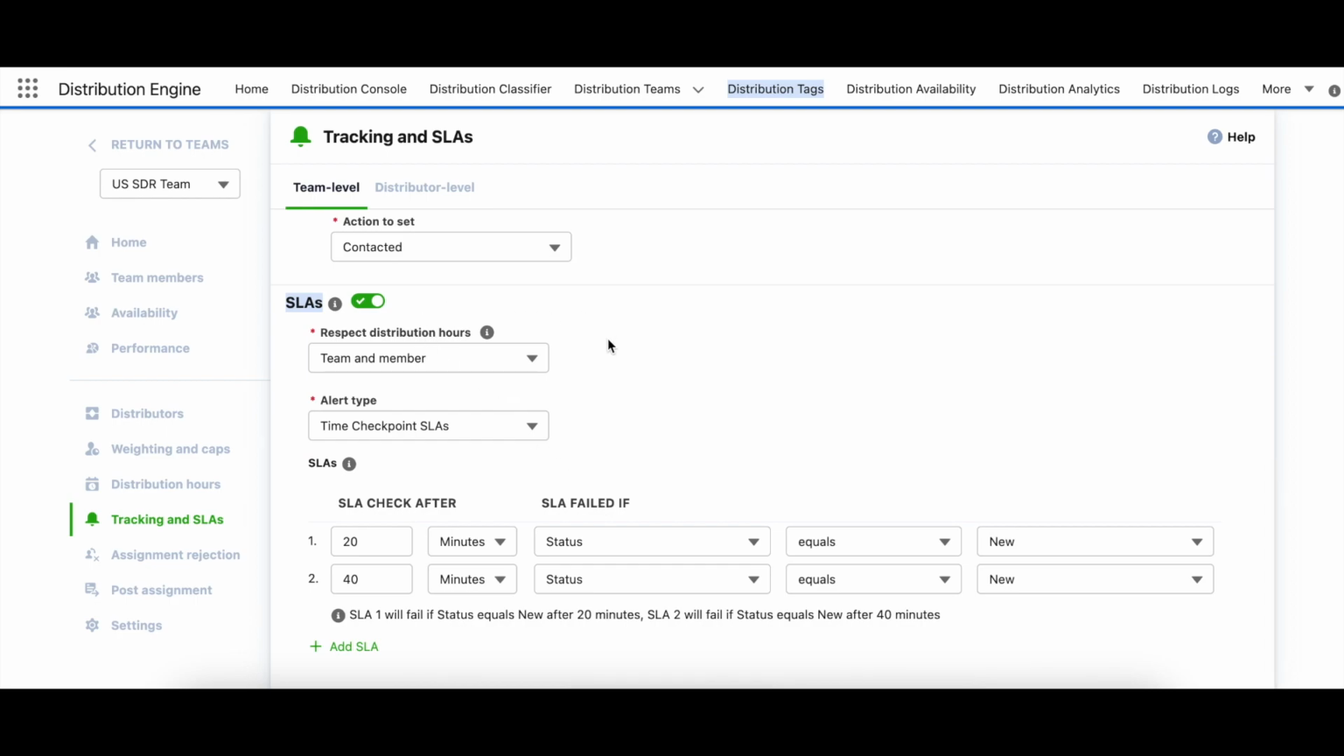On the other side of tracking, we have SLAs, and these are basically alerts that help to track key targets in terms of time to contact. So I have a couple set up within this team. The first one is essentially saying if after 20 minutes from the time of assignment the status is still equal to new, this means the rep hasn't followed up in time, and the default action here would be to send out an email notification stating that they've just missed the SLA and they need to take some action. Now if after 40 minutes they still haven't picked up the lead, we can take this a step further by getting that lead assigned to another rep, and we can do that via the